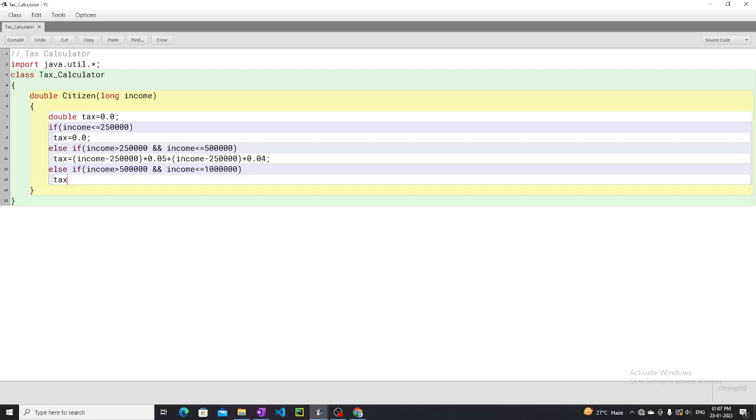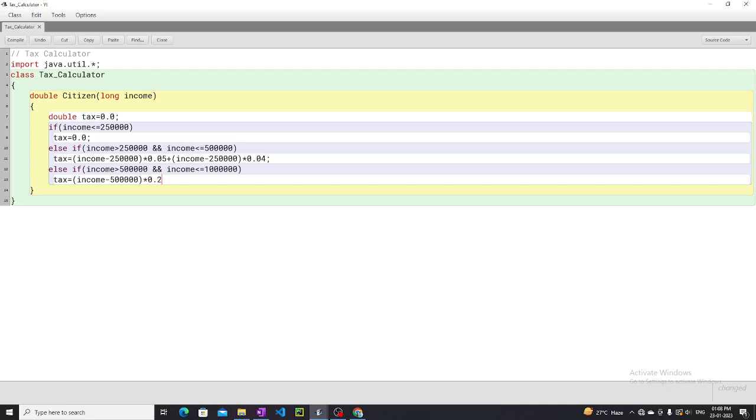Done. So this time 5 lakhs will be subtracted, because up to 5 lakhs we have already calculated. So that 5 lakhs part will be subtracted, and the rest of the part, after subtracting 5 lakhs from the main income, that will be charged